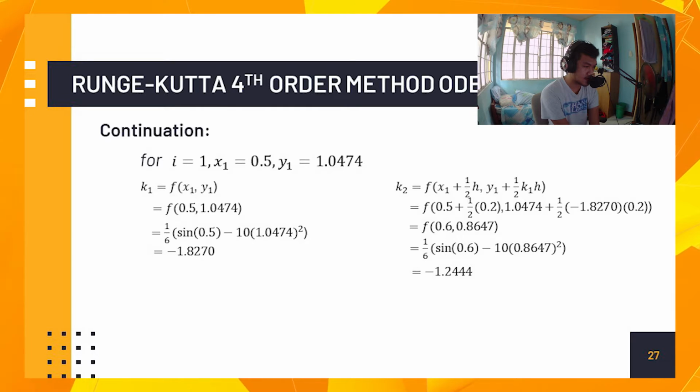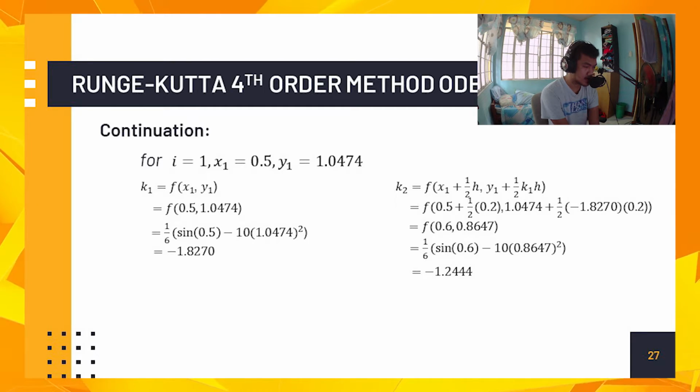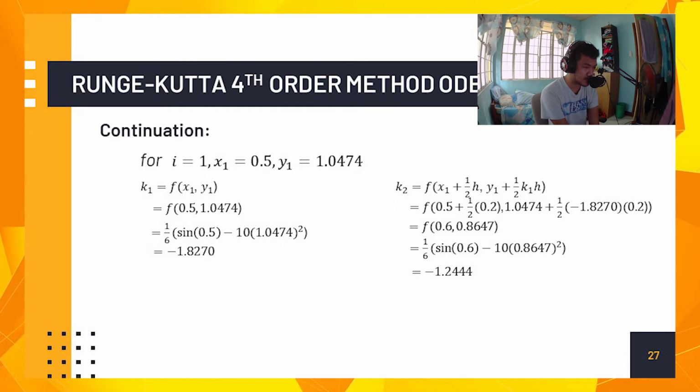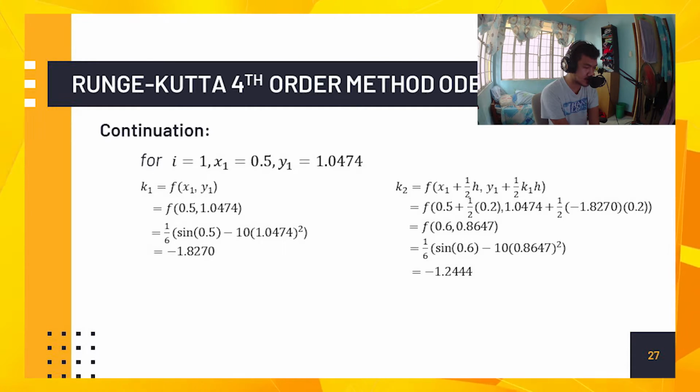So for k sub 1, by substituting the values, we have f of 0.5 comma 1.0474. That will be equal to 1 over 6 times sine 0.5 minus 10 times 1.0474 squared. That will be equal to negative